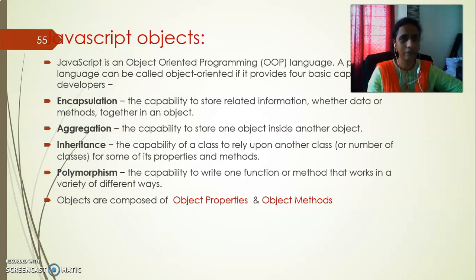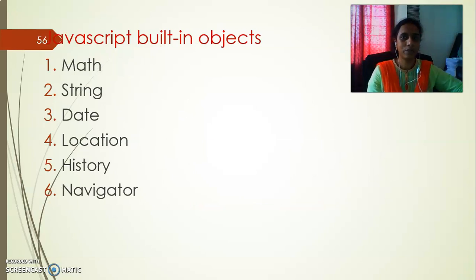Here we just deal with the predefined built-in objects that JavaScript supports, and the various functions or methods that are associated with each of these objects. So the very well-known math object is there, right? String is there, date is there, location, history, navigator are there, but only very frequently used are your string and math. So string and math are the two built-in objects that JavaScript offers, and there is a rich built-in set of methods associated with each of these objects.